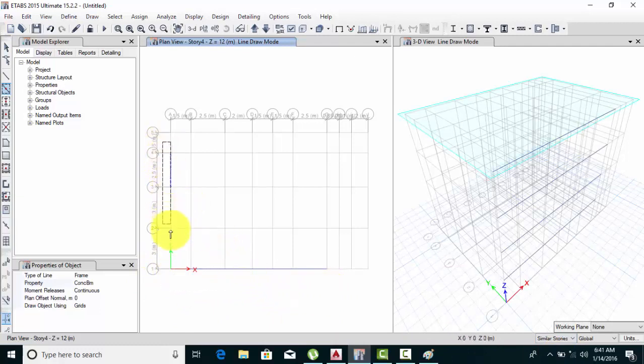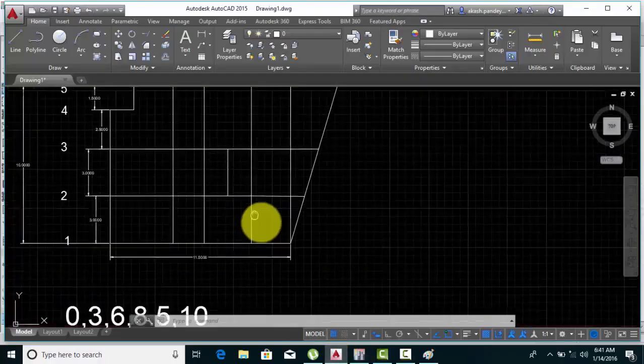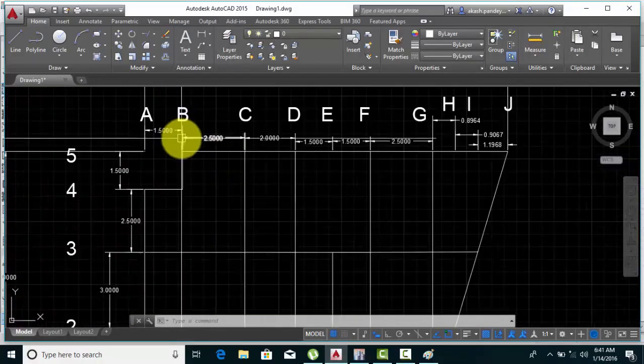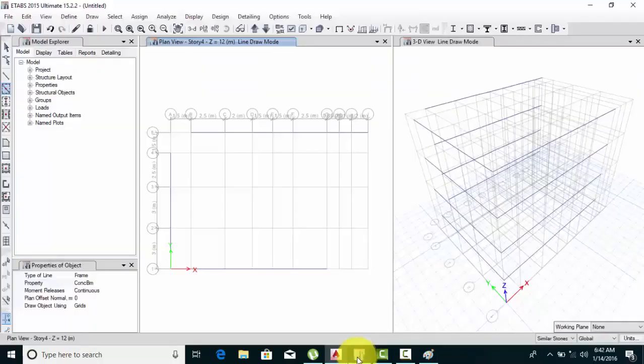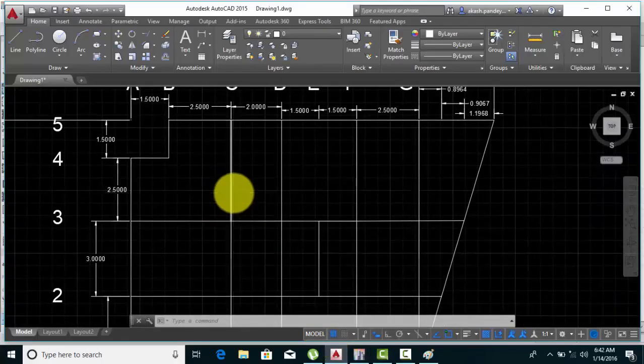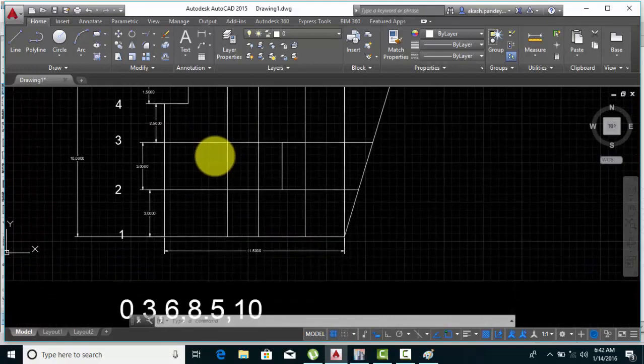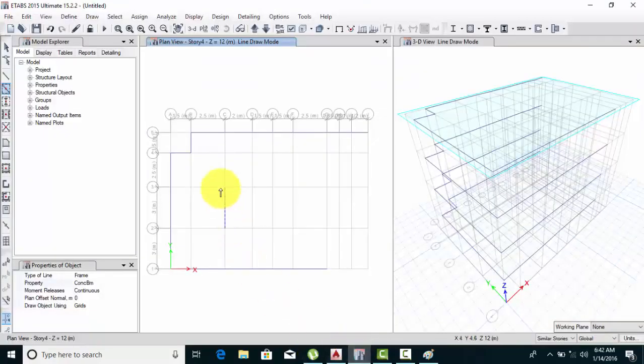Now from here to here your story is same. Okay, after this from here your story is same. Okay, and then you can see again AutoCAD, one line is coming from B to 4, B to 4, so you can do like this. That's why we make the grid, to make your work easy. Okay, and after this you can see from C to last, yeah, C to last, so just from C to last like this,